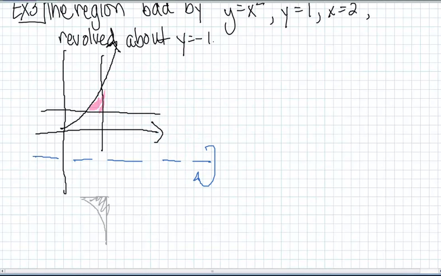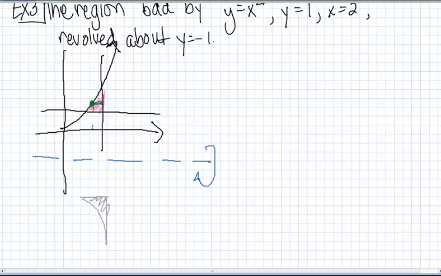Notice this time we are revolving around a horizontal line. The other two problems that we did, we revolved around vertical lines. If we were trying to find the area of this one, I would not be looking for vertical sections, I would be looking for horizontal sections. So I'm going to draw my horizontal piece over this way, sideways, and a representative point on my curve, which is x, y over here. X is the amount of space over from the y-axis, and the y is the number of spaces over from your